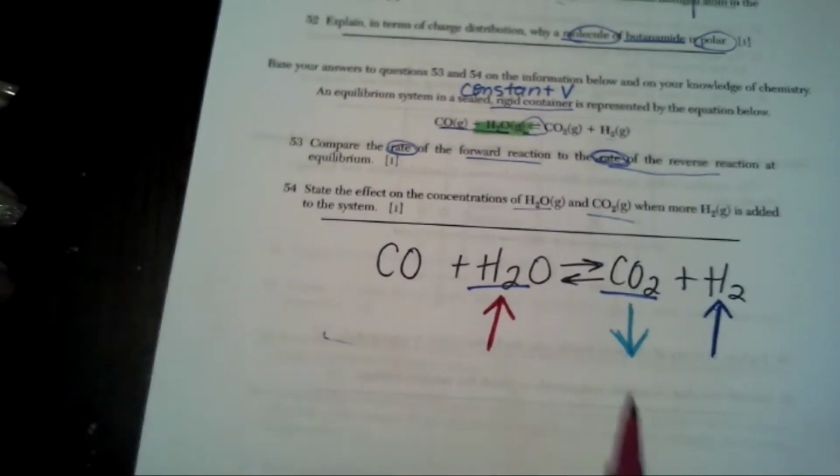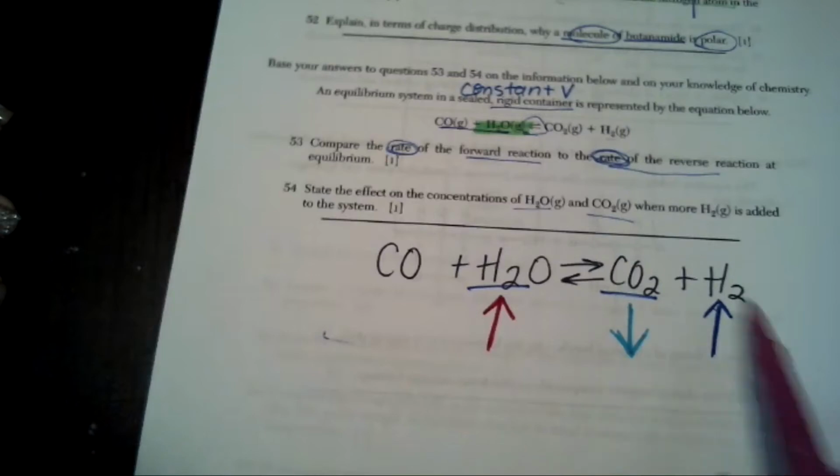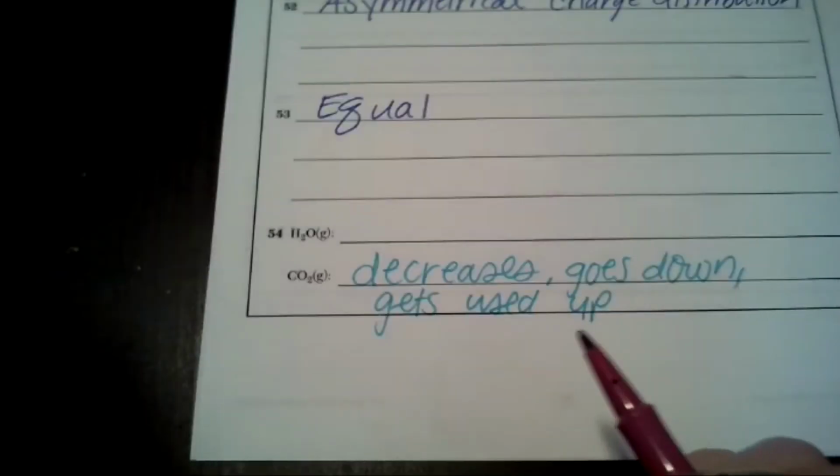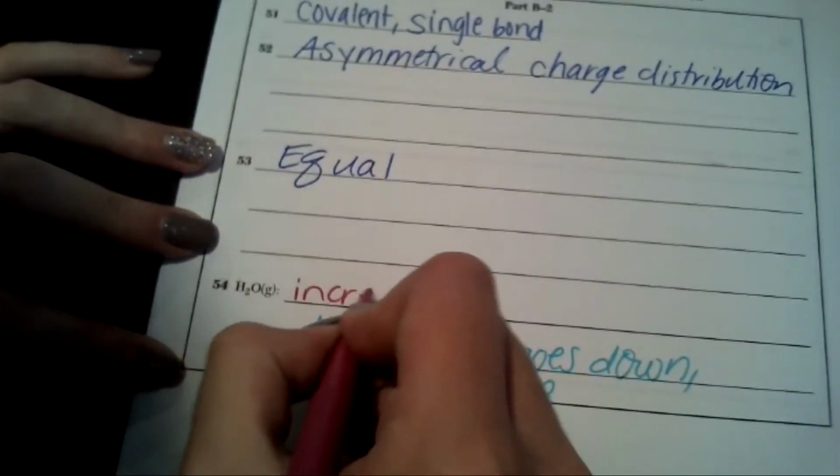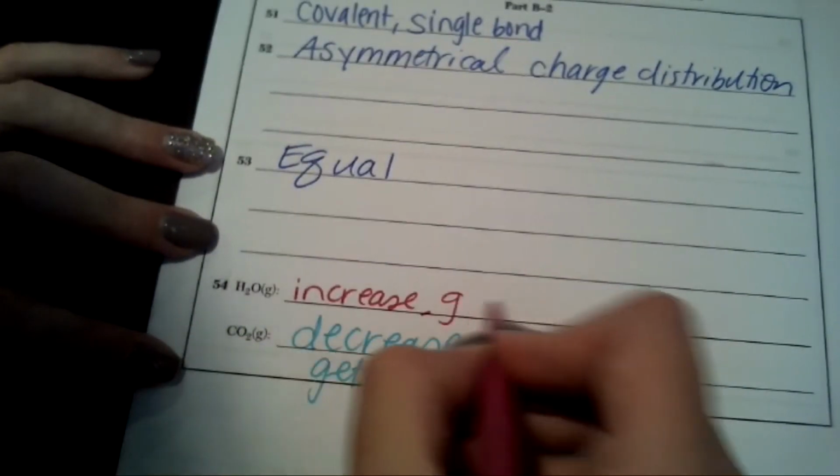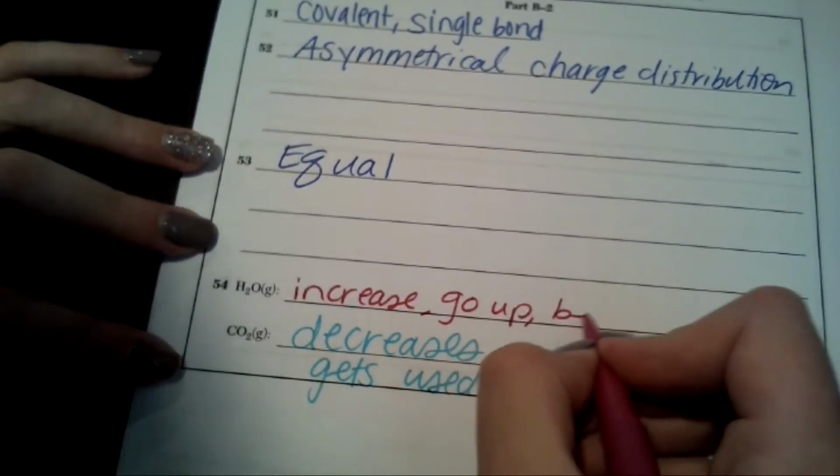Water is going to be formed by using up the carbon dioxide and the hydrogen. So water is going to go up. It is going to increase, go up, be formed,